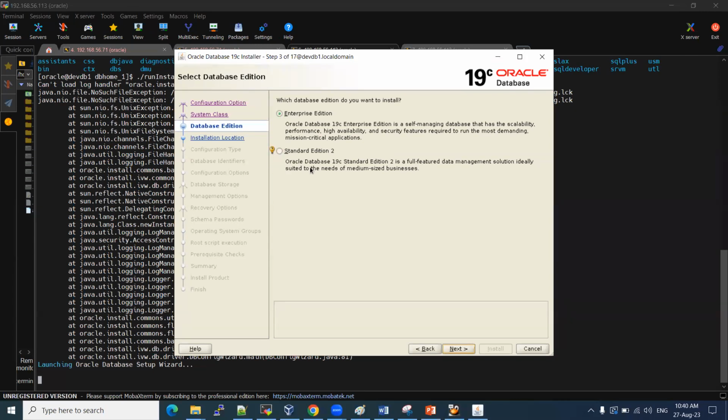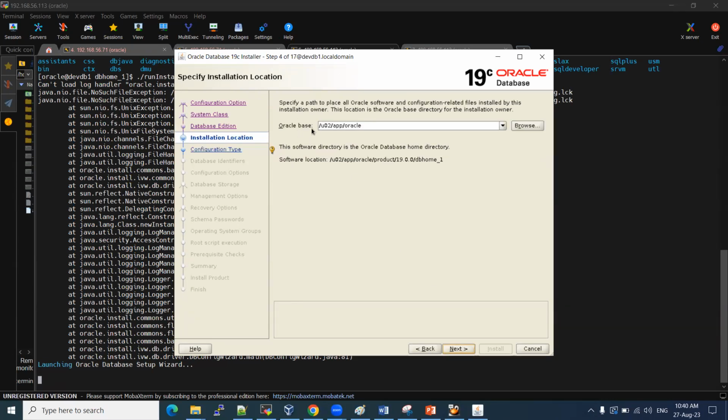It costs very cheap compared to the enterprise edition. So we will practice our enterprise edition only. No, we are not going for standard edition. These are just a difference between the licensing cost and extra functionalities. That's it, nothing much. So Oracle base /u02/app/oracle, that is correct only, where my data files, diagnostic